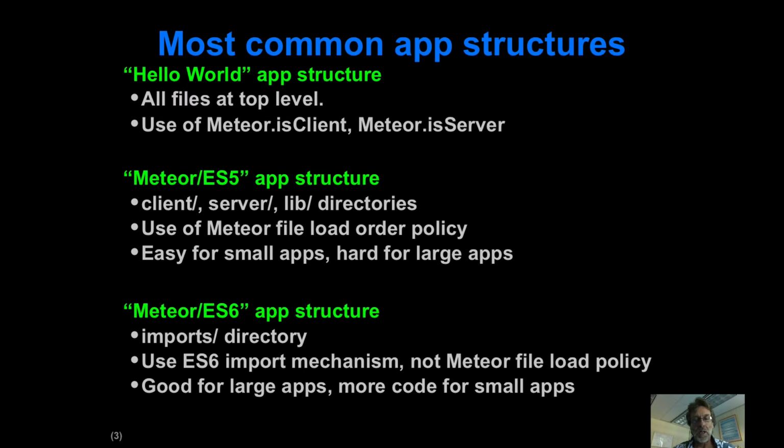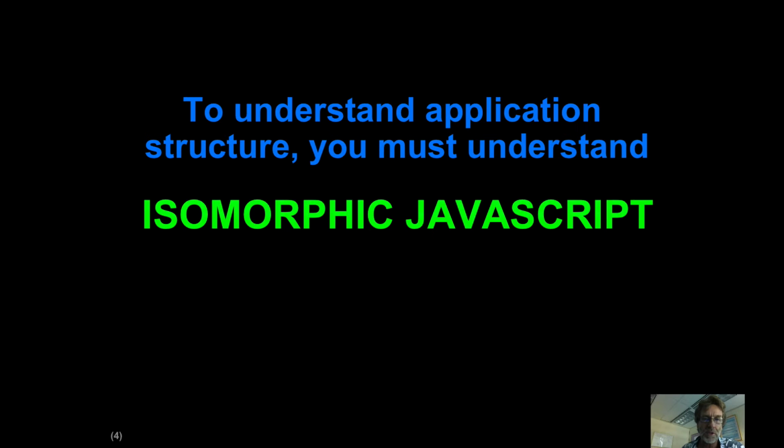And so I really think it's important to have an understanding of all three of these approaches, because you're going to see them, and in fact there can be mixtures of them. So how does this all work? There's a couple things you have to understand. You have to understand JavaScript before ES6, and you also have to understand this idea of isomorphic JavaScript, which is